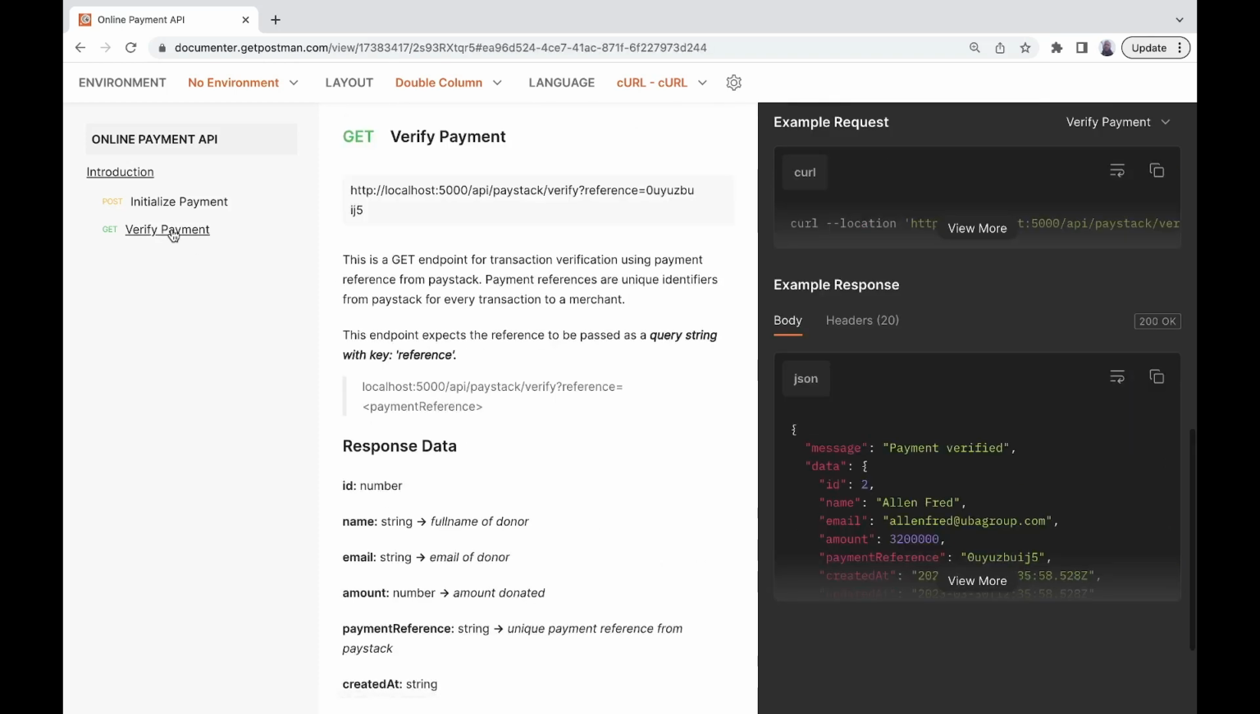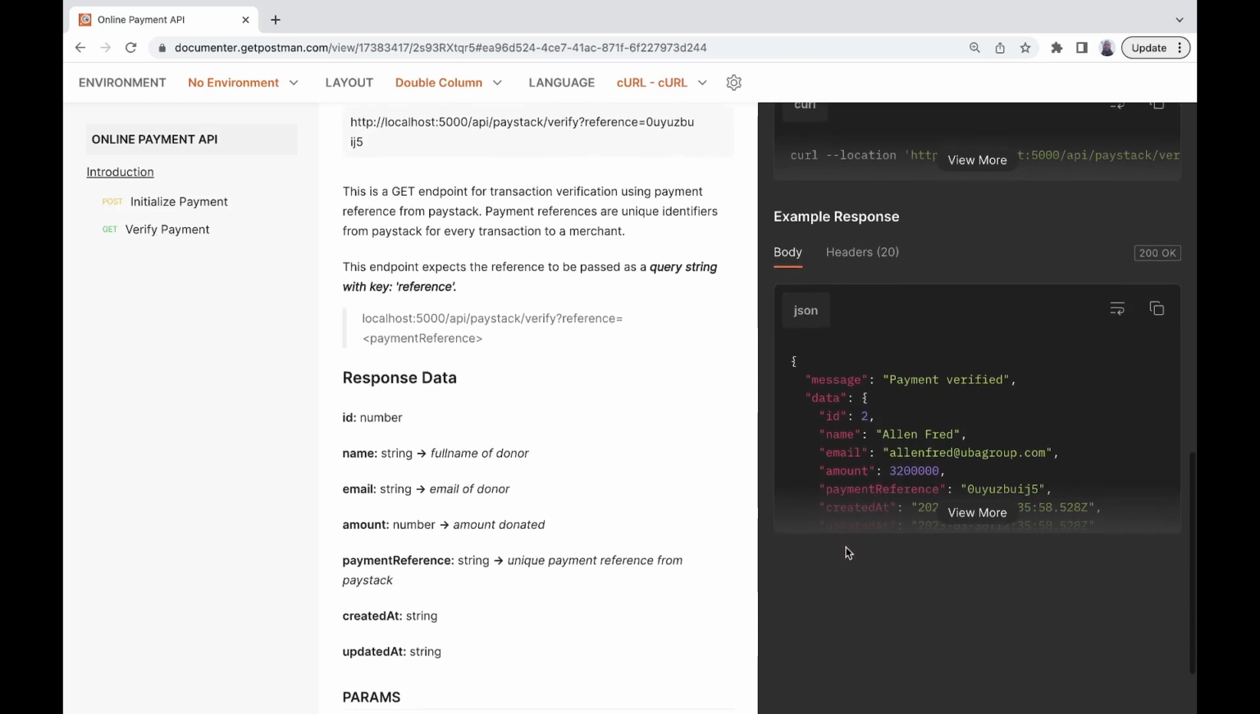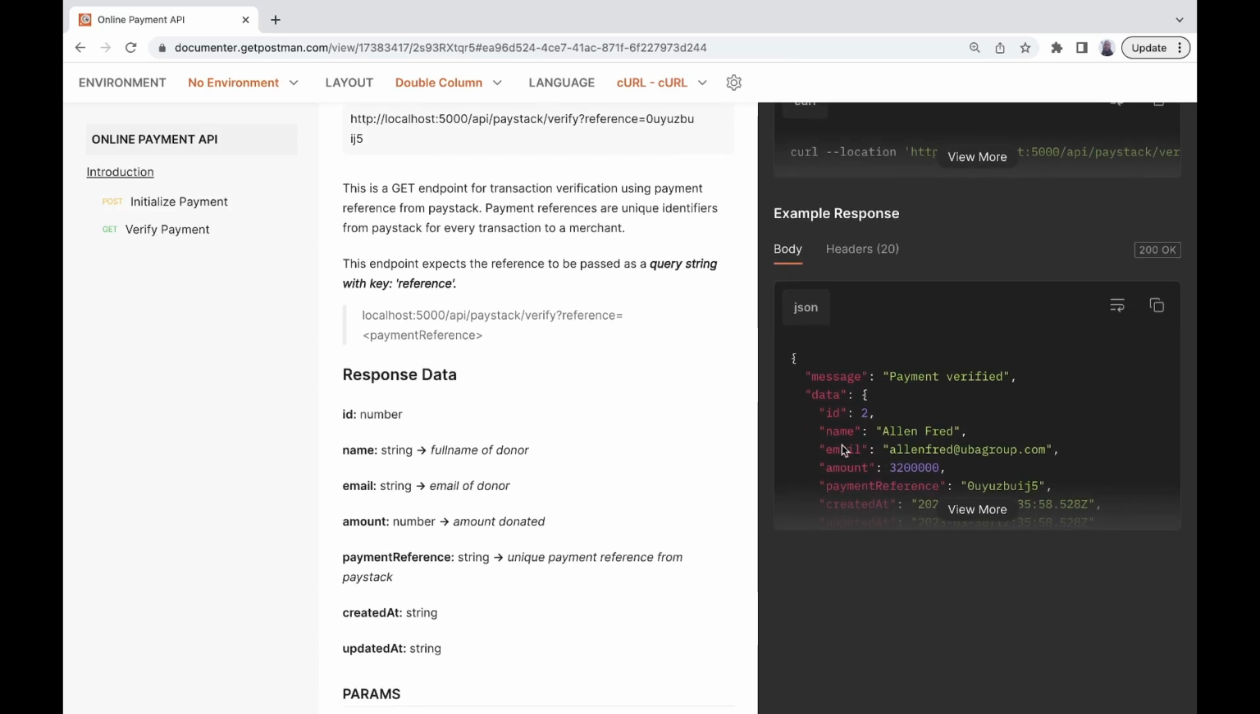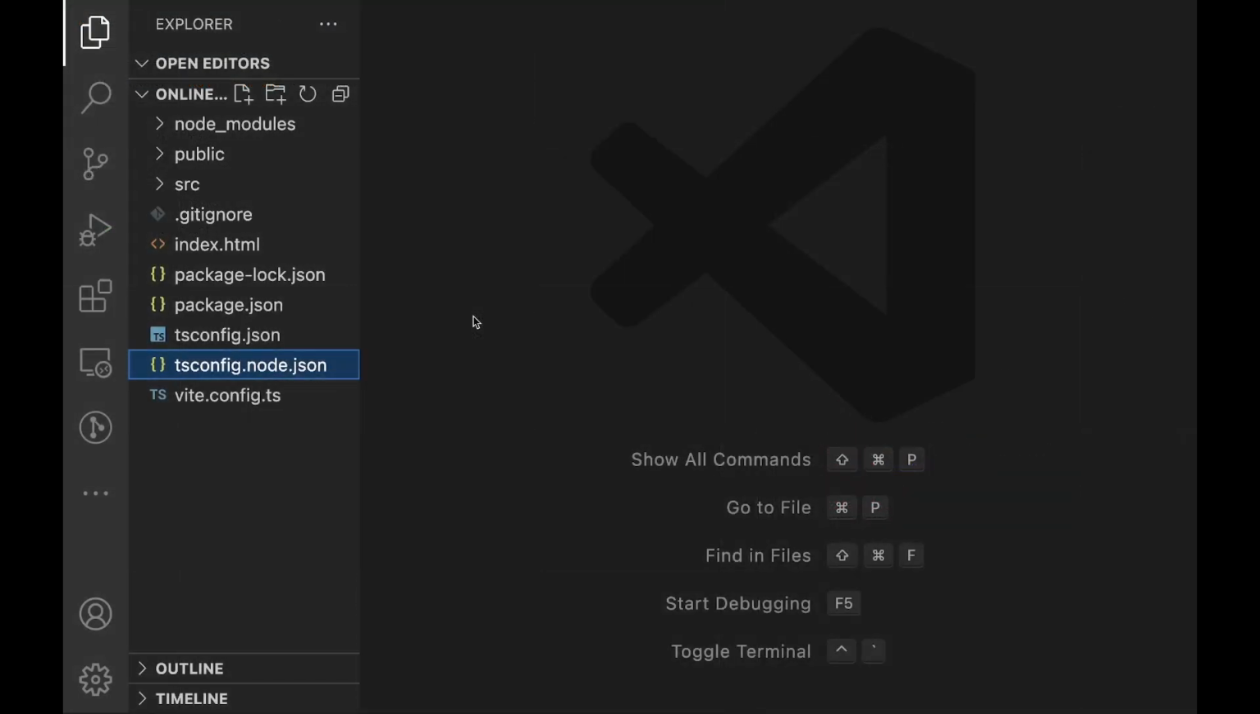Next, we move to the verify payment endpoint, where payment is verified and value given using a unique payment reference generated from the previous step. And we get a response data that contains the donor, his or her email, the amount donated, the payment reference, and timestamps. I have taken the liberty to set up a starting point for our application, basically containing display